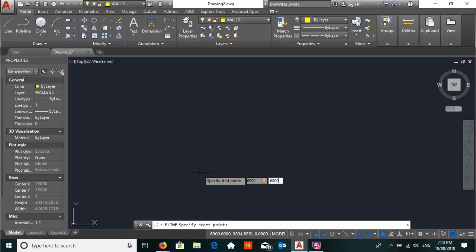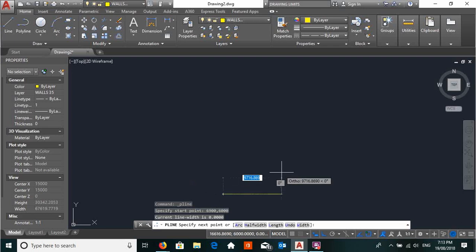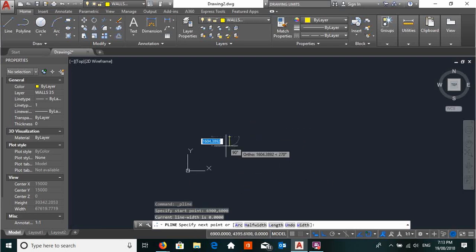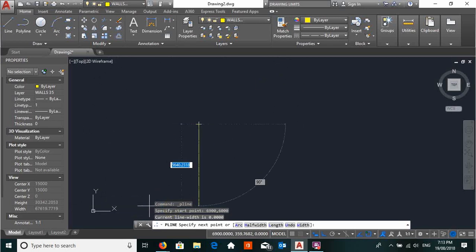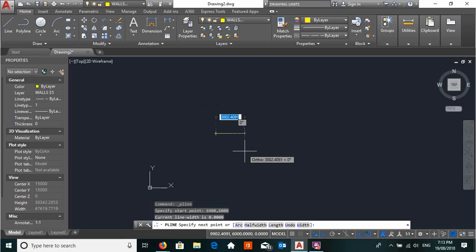Okay, and that looks all good, and I'm going to start. So that's enter. All right, so there you can actually see that from absolute 0,69 by 6,000, that's where my drawing is going to start. Okay, and we are going to go along by creating the drawing, which is going to be